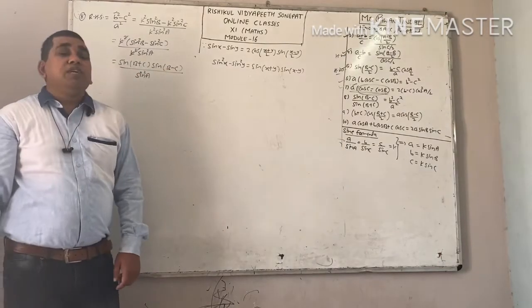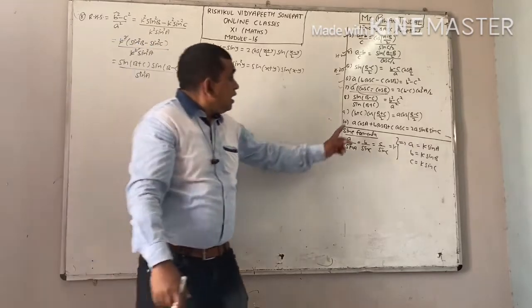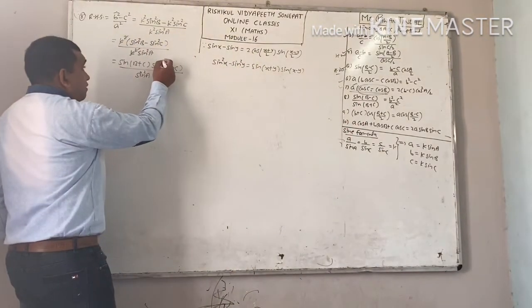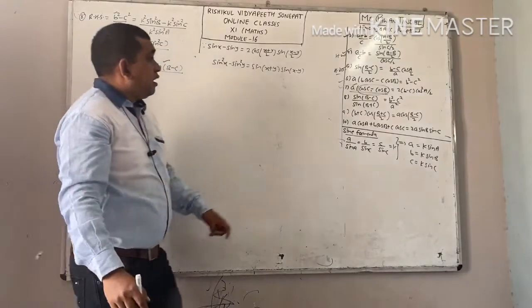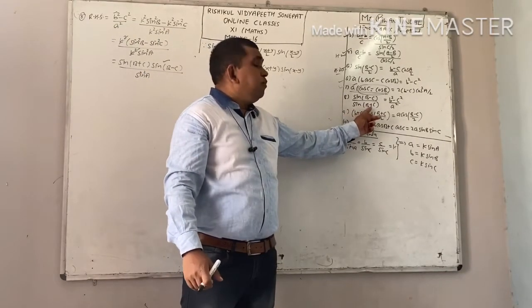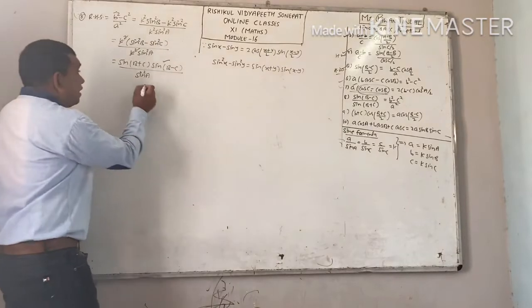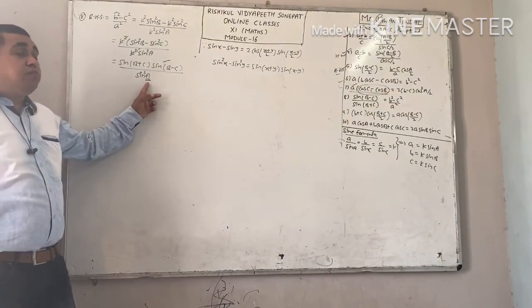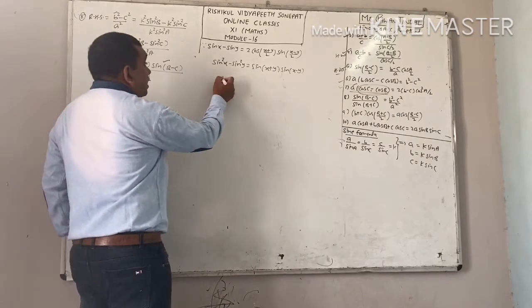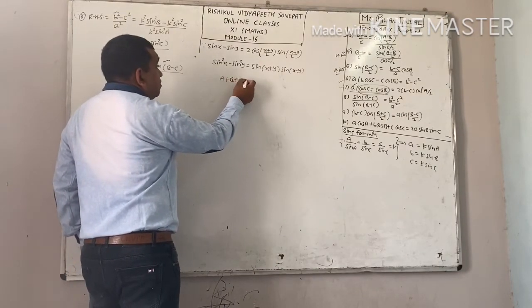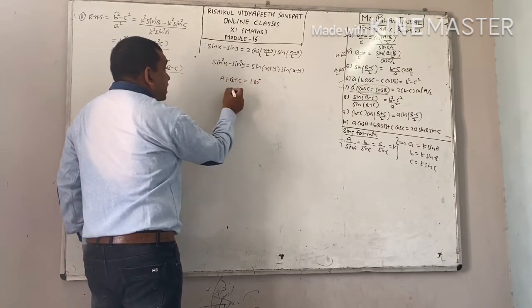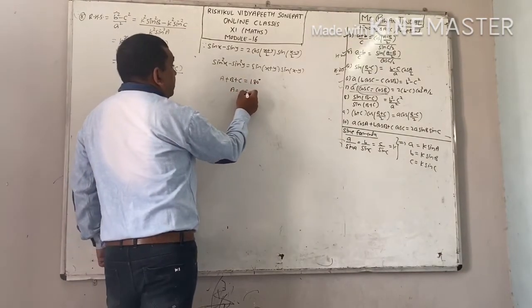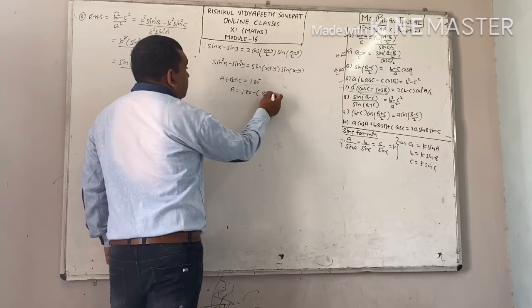Now we will proceed according to our answer. In our answer, we require sin B minus C in numerator. We are already having. In denominator, we require sin B plus C. We don't require A. Therefore, you have to convert this A into B plus C. And you know very well, sum of three angles A plus B plus C equal to 180 degree. That's why I am finding value of A from here. 180 minus of B plus C.